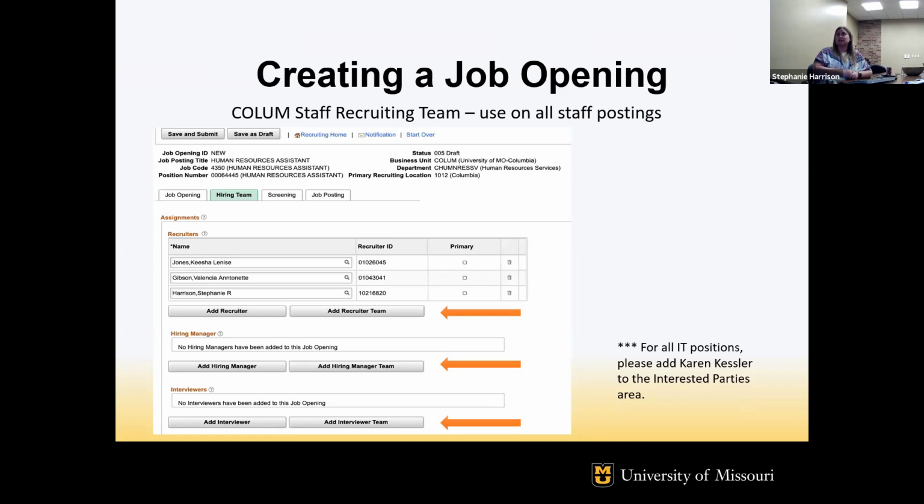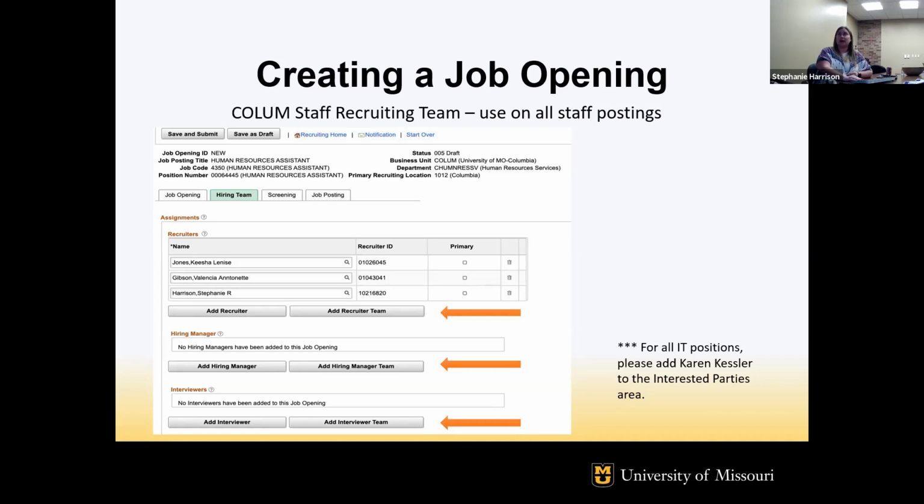One of the biggest things that we want to remind you of is for any IT positions, Karen Kessler does need to be added as an interested party. The way that the Division of IT has it set up is that Karen Kessler touches everything right before it comes to us for final approval. So all job descriptions and job offers have to be reviewed by her. She usually checks with Brandon Huff and Nikki Whitting to make sure that everything is good to go and ready to be either put on the website or the offer falls in line with others in those titles for campus. We know if it comes from Karen Kessler, then it's been approved, and if we don't see her name on it, we're not going to touch it.